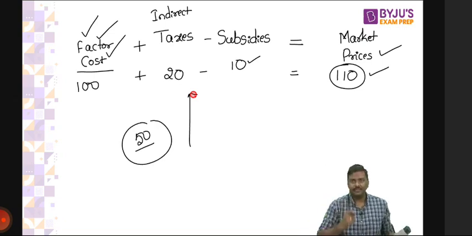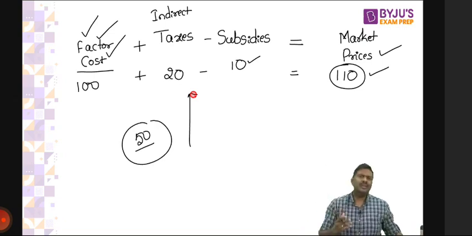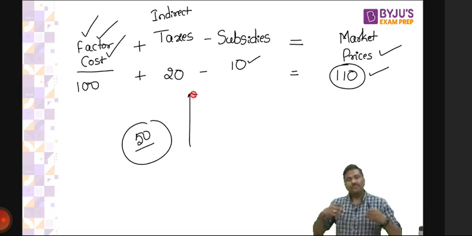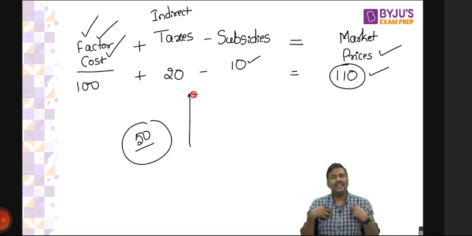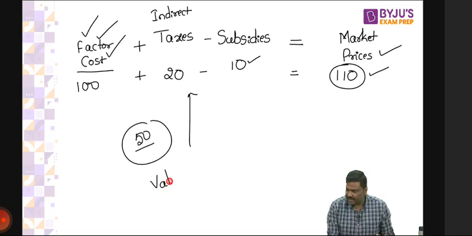Now I'll ask you why. Why are you selling at more than 50? Your argument is simple: I have provided certain services here. I purchased it, I stored it, I moved it, I sold it. Don't you want me to earn a certain amount of money? That process is called value addition. Is it okay? The process is referred to as value addition.